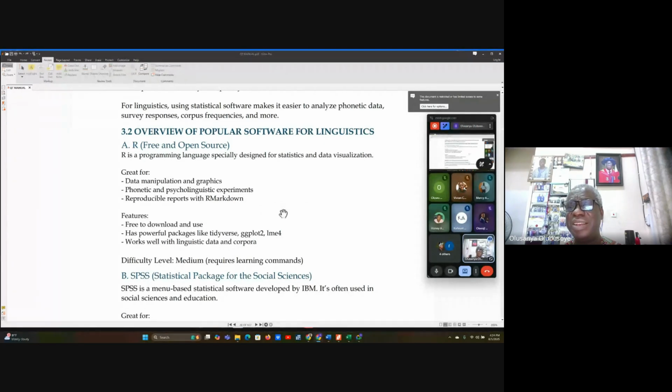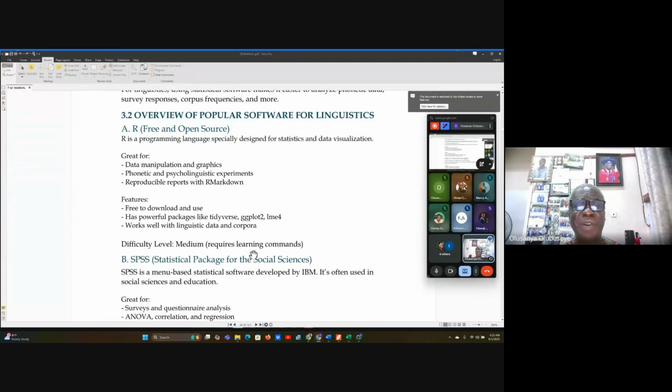Given that nearly all of you have no prior encounter with R, we are going to take it very slowly with you, but at the same time you need to do a lot on your own. There are several materials online and even in the course manual that can help you if you devote considerable time to practice. But before we go to the hands-on, we talk about R